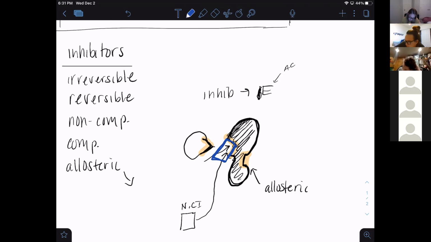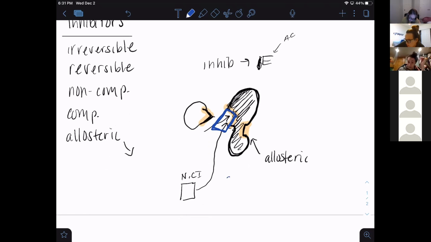So this is a non-competitive. If we drew this enzyme again, a competitive enzyme inhibitor would actually have a point, okay? And it's going to resemble the intended substrate, all right? So it's going to try and beat out that substrate so that it can prevent the processes from occurring. So a competitive inhibitor resembles the actual substrate for that enzyme, okay? It's like mimicry. And it's purposely trying to get there so the substrate can't, so we don't have these cascade effects,